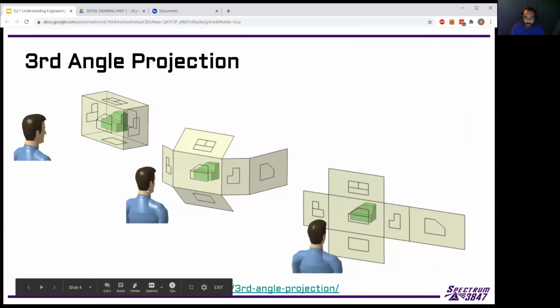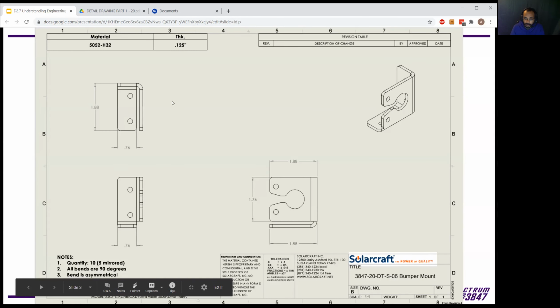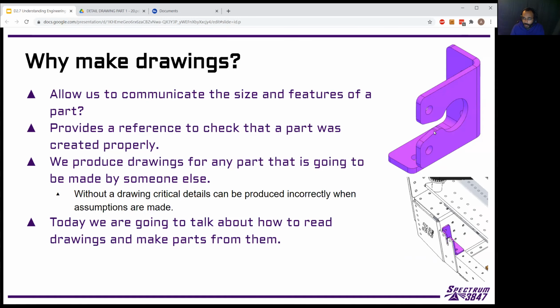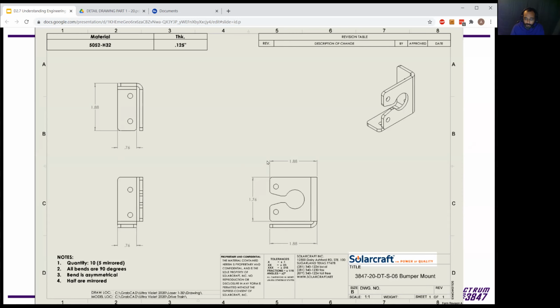Looking at this drawing, the first thing you can tell is there are several different what are called views of the part. This view looks exactly like the 3D model looks. And then you have these other views as well. So it's important to figure out how all these relate to each other. And the way they do that